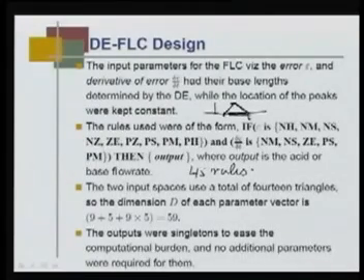So, we have in this particular fuzzy logic controller 45 rules, and we have assumed that our output is simply a singleton. So, you see the outputs were singletons to ease the computational burden; no additional parameters were required for them. Okay. And for each fuzzy partition, because I have two variables, and for the fuzzy partition of each variable I